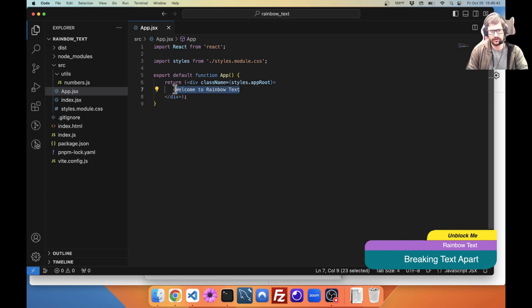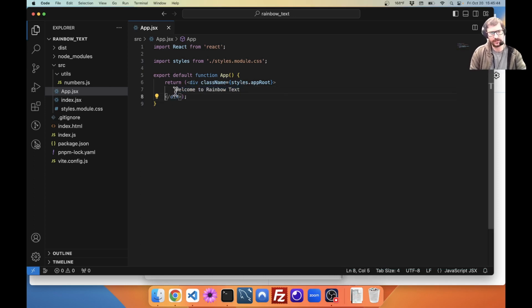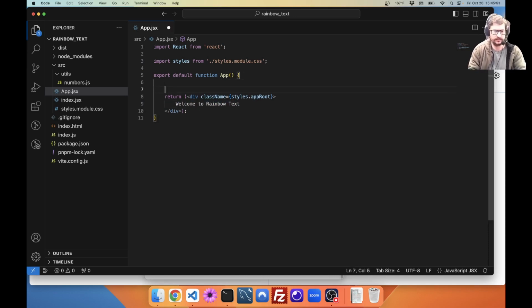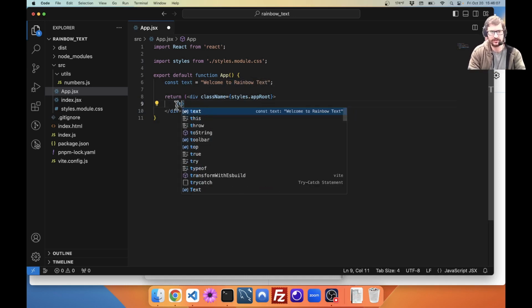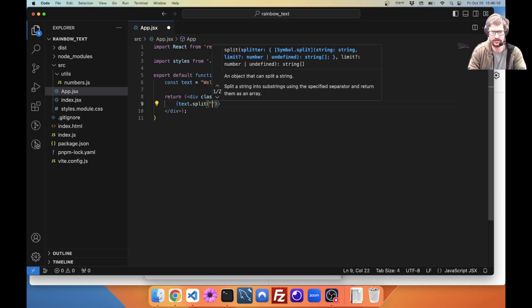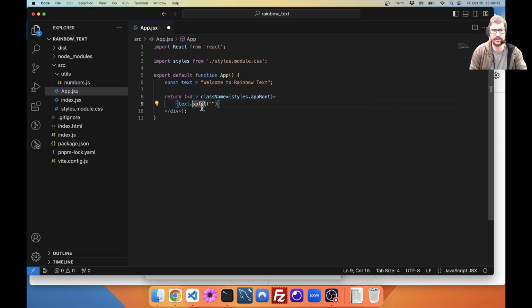What do we want to do to actually do it as a rainbow? Well, basically we want to have every single letter individually colored. So we could start off just by doing that. So let's add some text here. Rainbow text. This does get expensive in terms of how many elements you're going to create, but that's not really that big of a deal. What we want to do is, now that we have our text, split it by an empty string. And if you split by an empty string, that basically turns this all into